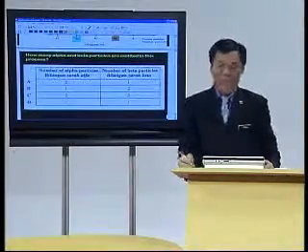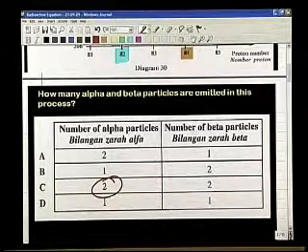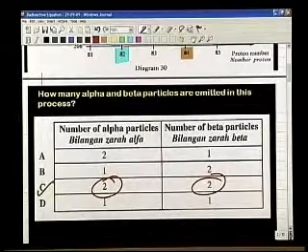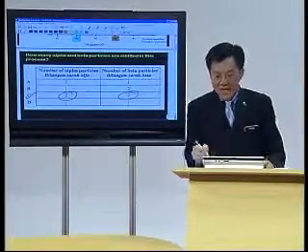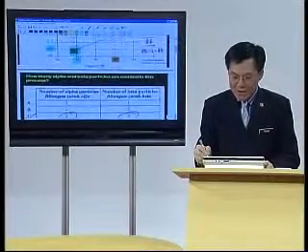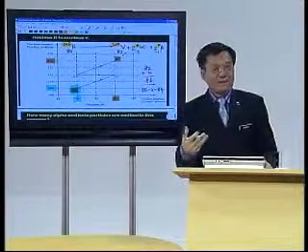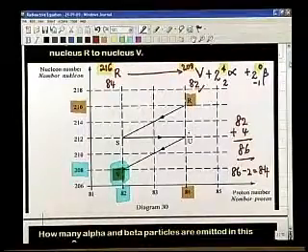Alright, let's take a look at the answer. 2 alpha particles, 2 beta particles. So we know that C is our answer for it. So the method I have explained is very simple, but you will have to keep on answering questions like this. Answer a few questions, 1, 2, 3, 4, as many as you can.